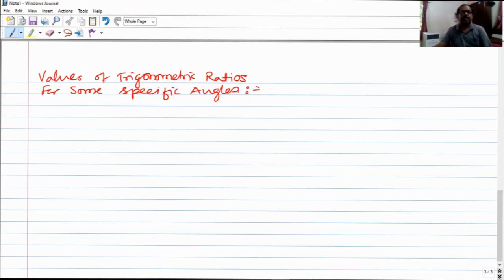So let's see them. Students, the standard angles or the specific angles are 0 degree, then we have the acute angles as 30, 45, then 60, and after that we have 90-degree angles. Along with that we have a few more angles. They are known as quadrantal angles. So these three angles 30, 45, 60 are nothing but the standard acute angles, whereas the angles 0, 90, along with this we can have the angles like 180 degree, then 270 degree and 360 degree also,